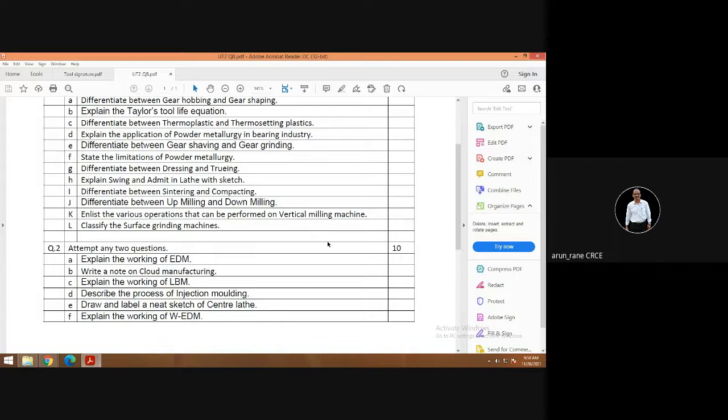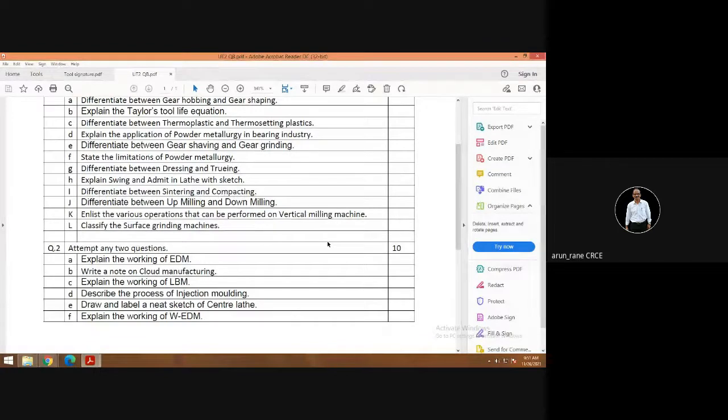But more or less, as I told, module number 1, that is sand casting, is important. Then pattern: what are the different types of patterns, what are the allowances. These are not so important. CO2, shell molding, investment, die casting are important. Sand molding is important. Then joining processes, normally arc welding, is important.